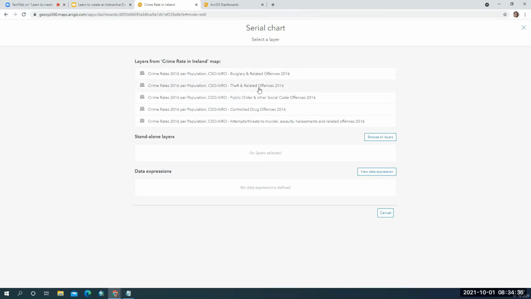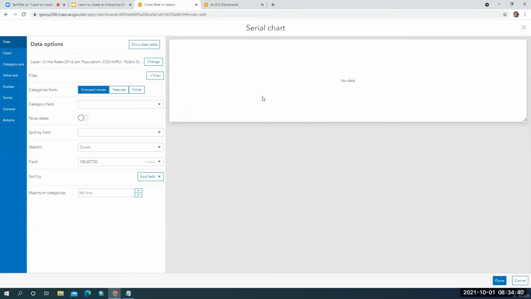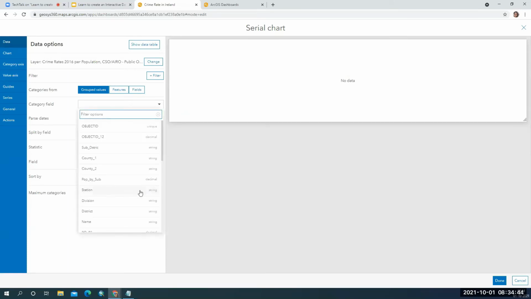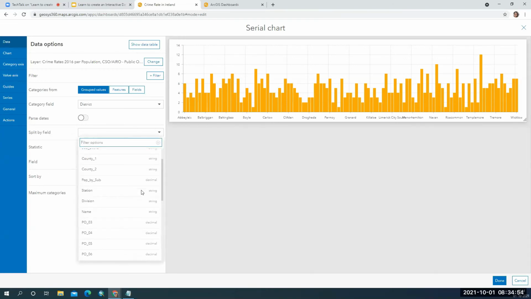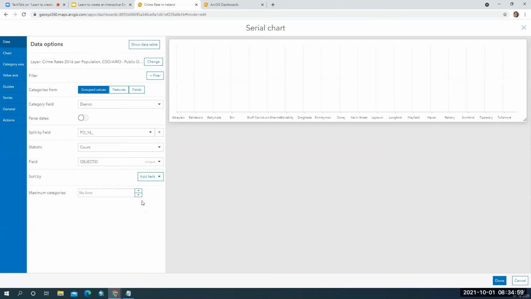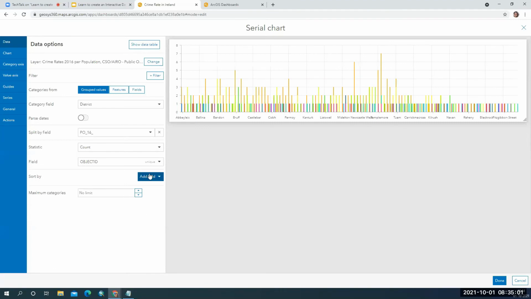Earlier we took burglary information. Let me take public order and other social media information and categorize the field based on the districts. So I can see the district related information here, and I want it split up with a field where I would like to give the population. And how do you want the statistics?